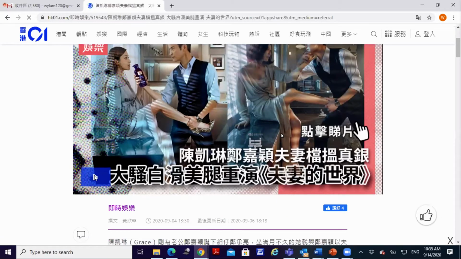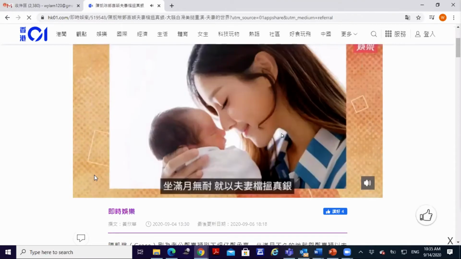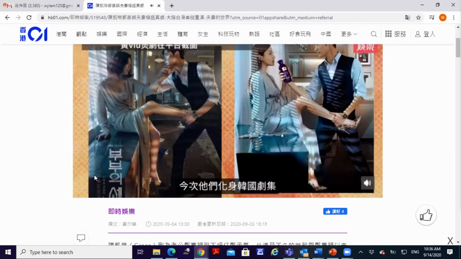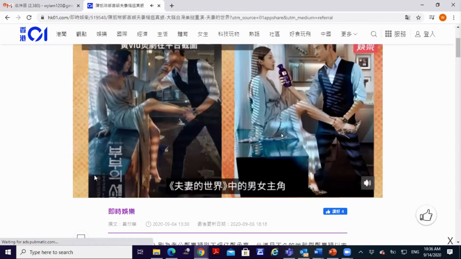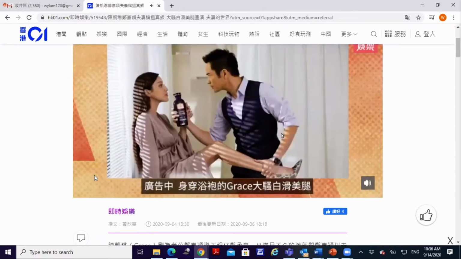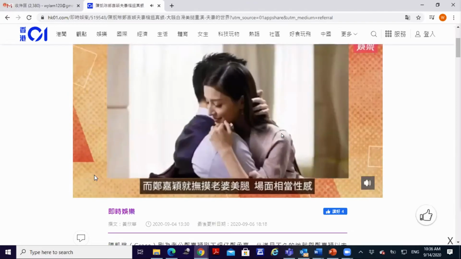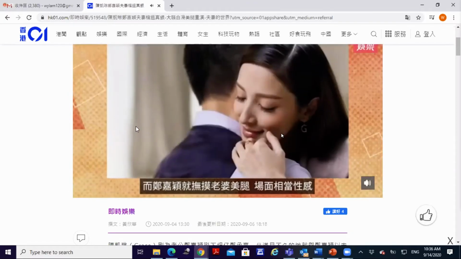陳海琳老公鄭嘉穎生咗細仔，坐院冇幾耐，佢哋就以夫妻檔揾真銀。今次佢哋就化身韓國劇集《夫妻的世界》入邊嘅男女主角，重演劇中經典誘惑場面，為洗頭水賣廣告。廣告入邊身穿浴袍嘅 Grace 大 show 白滑美腿，而鄭嘉穎就撫摸老婆嘅美腿，場面相當性感啊！